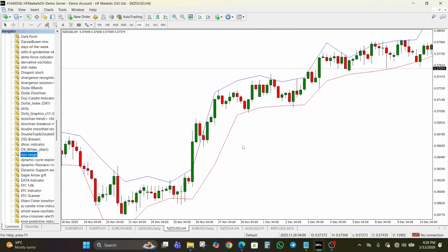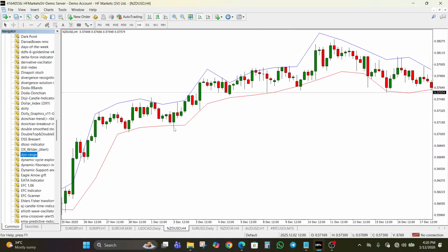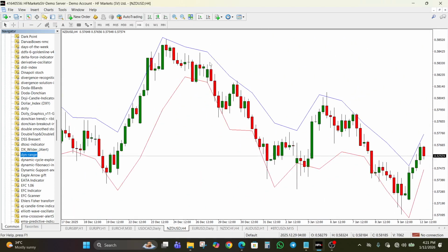Okay, so when you are in a bullish trend, you want to enter buy trades after price has tapped on the red line. Ensure that you are in a bullish trend, okay, to be on the safer side. So after price has tapped on the red line, you can enter a buy trade. Here again, another opportunity. Then in a bearish trend, you can enter a sell trade after price taps on the